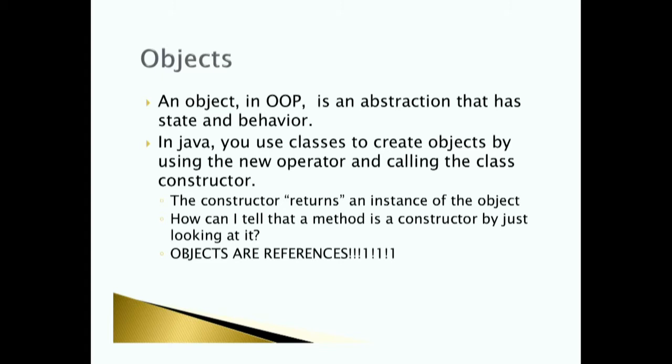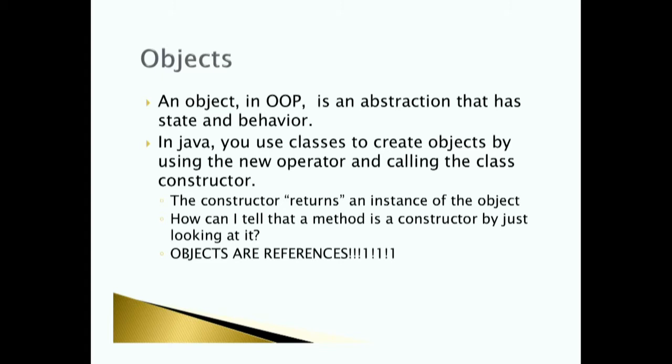Does everyone understand what that means? Objects are references. It's a pointer to somewhere in memory. Or I mean, the variable that has your object is a pointer to somewhere in memory where that object is stored. So when you're using the dot operator to say something like bicycle dot number of gears, you're saying I want to go